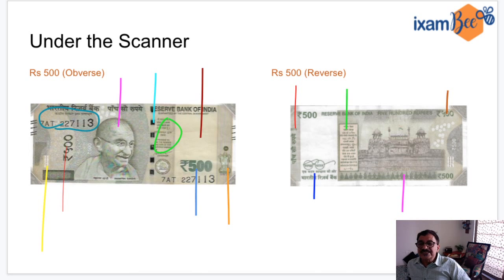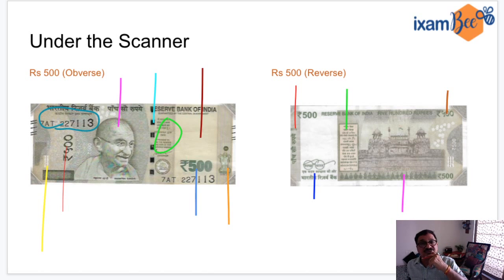And this is what we call the thread which changes color. So on the face of it, it is green in color. And do you notice that the thread is broken? It may not even appear like a thread right now. If you take a 10 rupee note, you will find a straight silver line. The thread is very straight and simple. 10 rupee, nobody is going to make an effort to forge. It's too much of an effort, not worth it. So the security features are there in high denomination. High denomination means 100, 500, 200